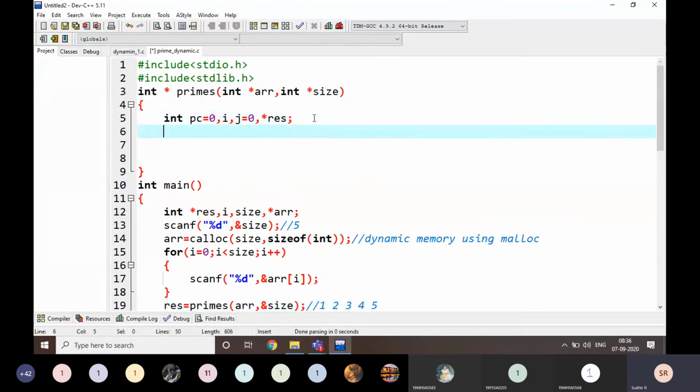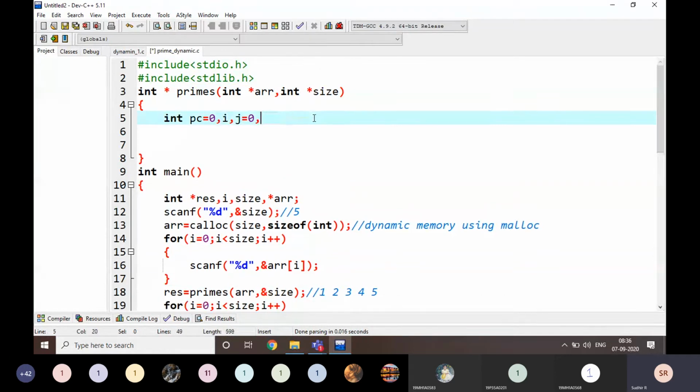Okay, that means it is going to be dynamically allocated memory. For example, we are reading a result of some 100, but we are using only 2 to 3 variables, right? Not all 100. That's why I am going for dynamic memory allocation.